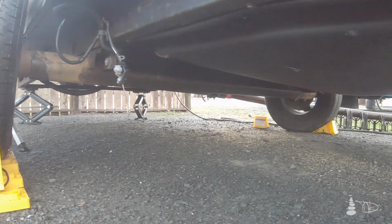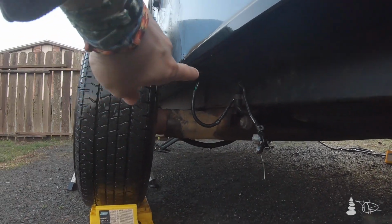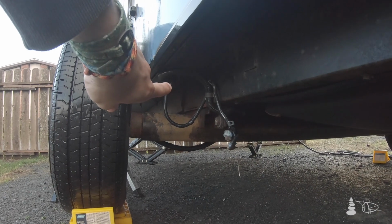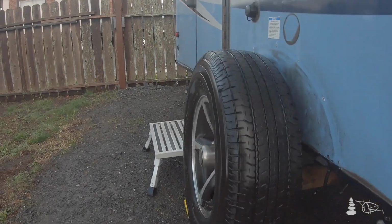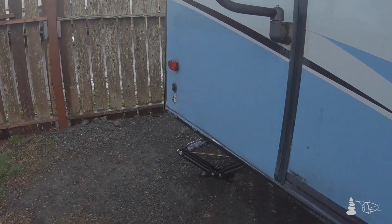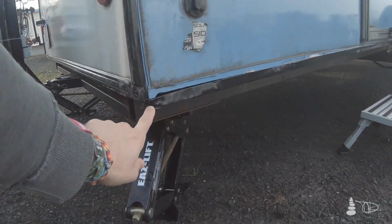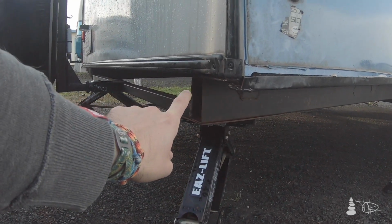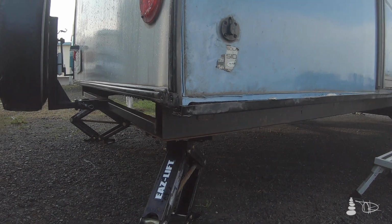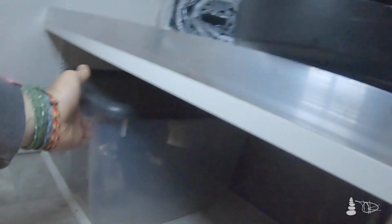one, it looked like there was axle damage as the wheel was pretty tilted, and two, when I was assessing the axle, noticed that there was a buckle in the frame right after the axle weld point, and then on top of that, it had dropped the back wall about an inch. There was a crack down at the bottom. Looking inside, it looked like there was also the wall had separated by about an inch under the cabinets towards in the kitchen area. So